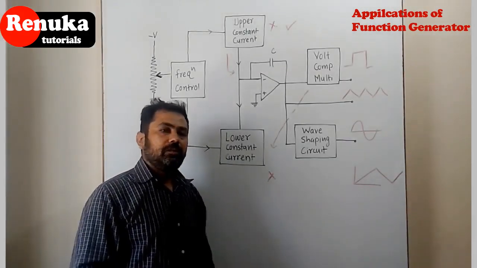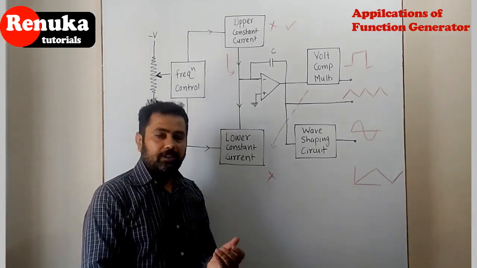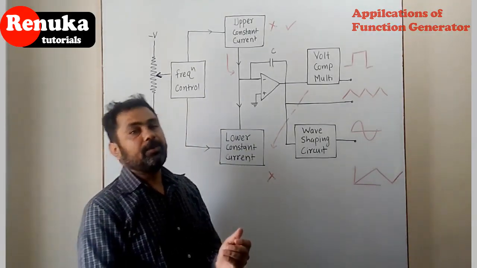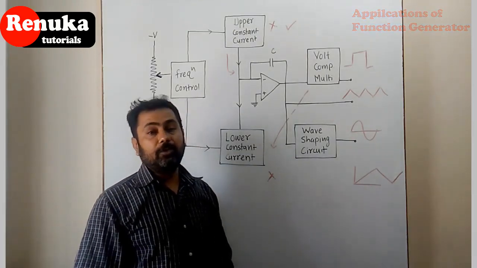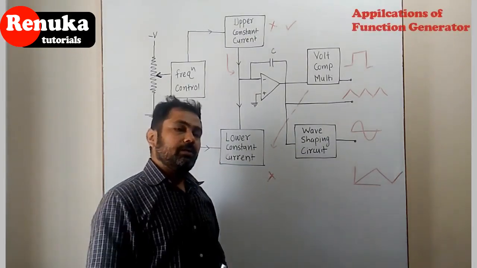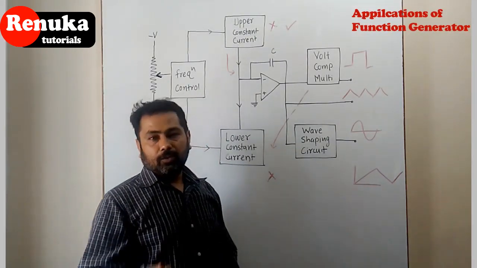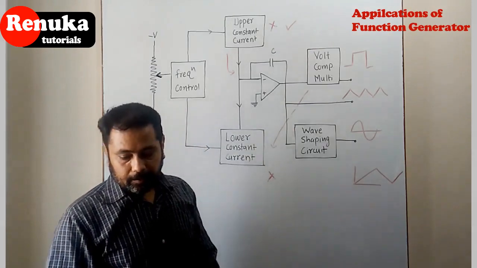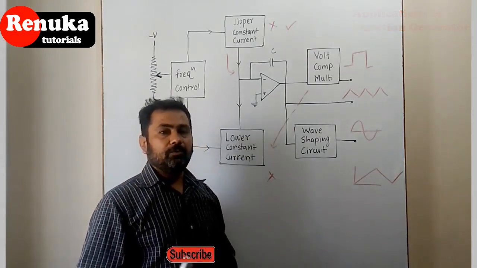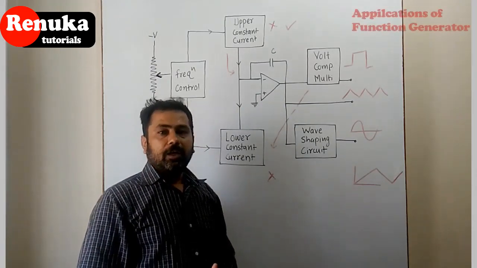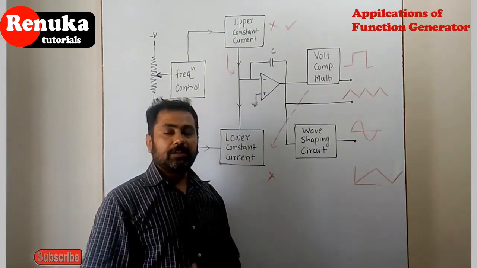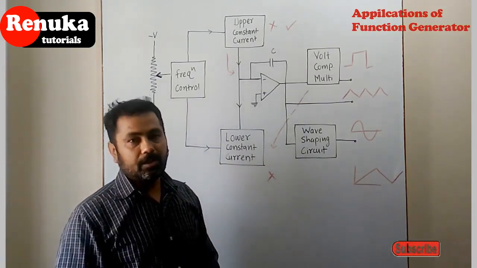Now let us see what are the applications of the function generator. This function generator is mainly used to study the frequency response of audio frequency, video frequency or radio frequency amplifiers. So artificially those signals are generated and their frequency response can be analyzed. Second, it is used as testing equipment where video circuits are there and video processing is done. So to generate artificial signal patterns, this type of function generator is also used.